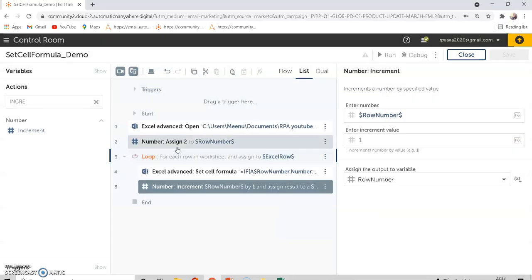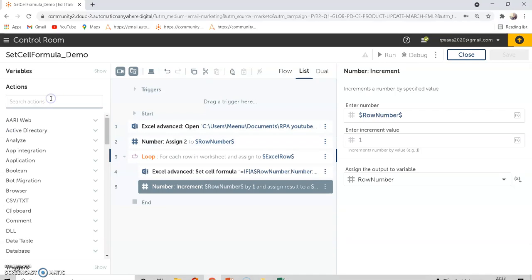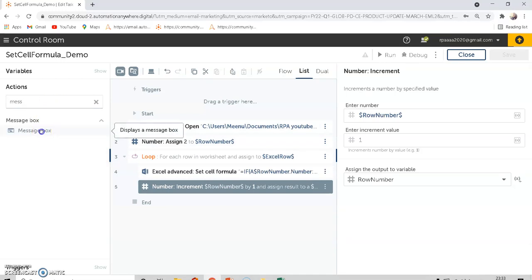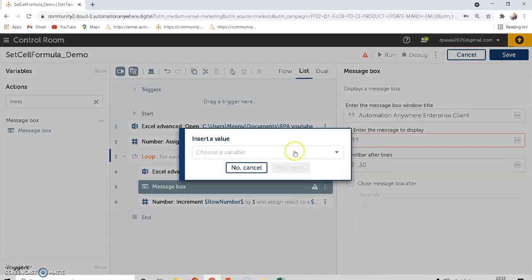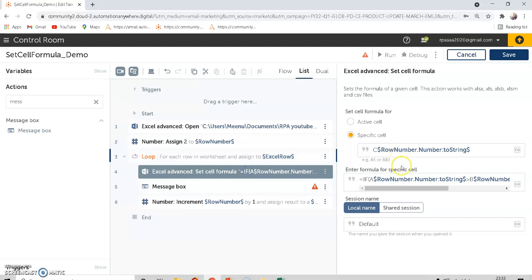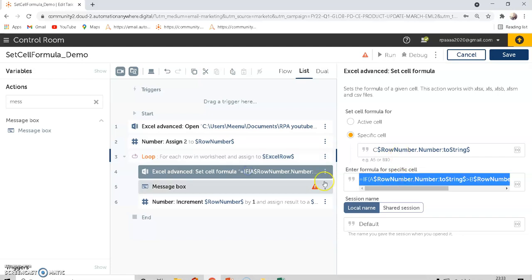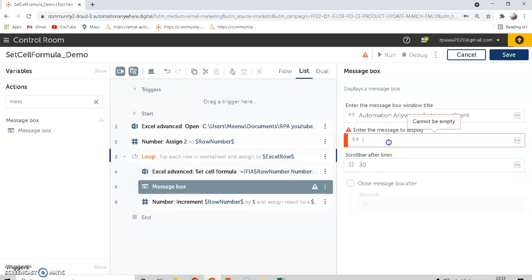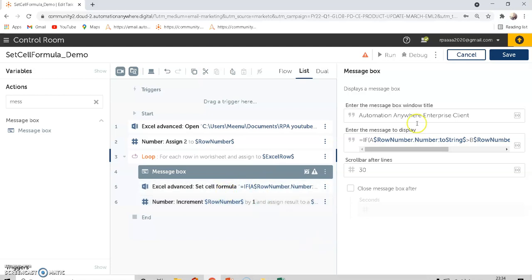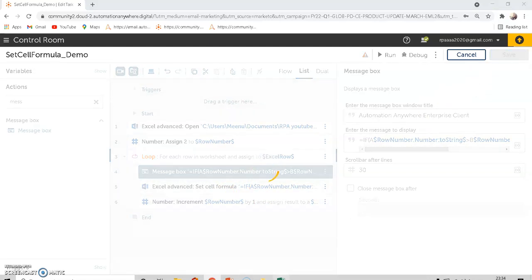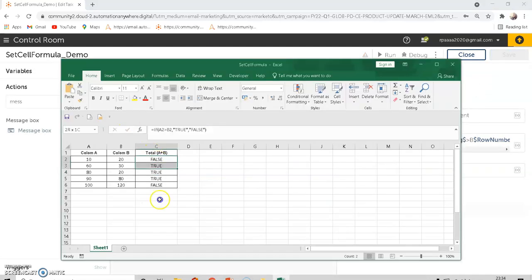And once again, for checking, we can put a message box to show you the formula. I will copy this formula and put it in a message box, so we can understand what formula it is going to execute. Let me close this, delete this.